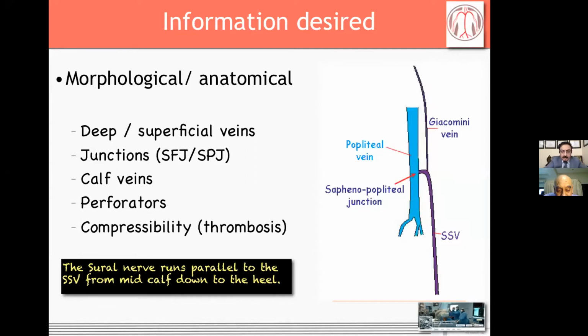You can talk to the patient about whether he or she had a bad swelling in the leg, which was there for maybe days or weeks. So you get